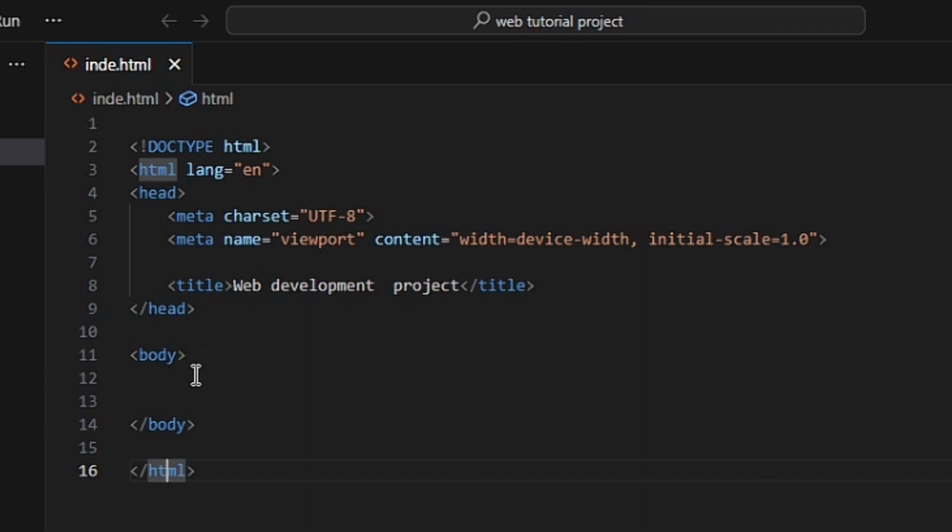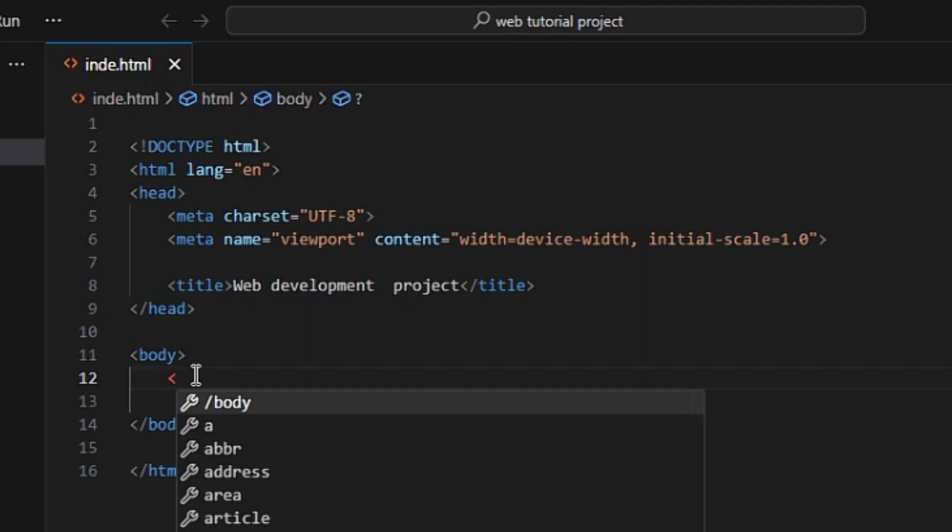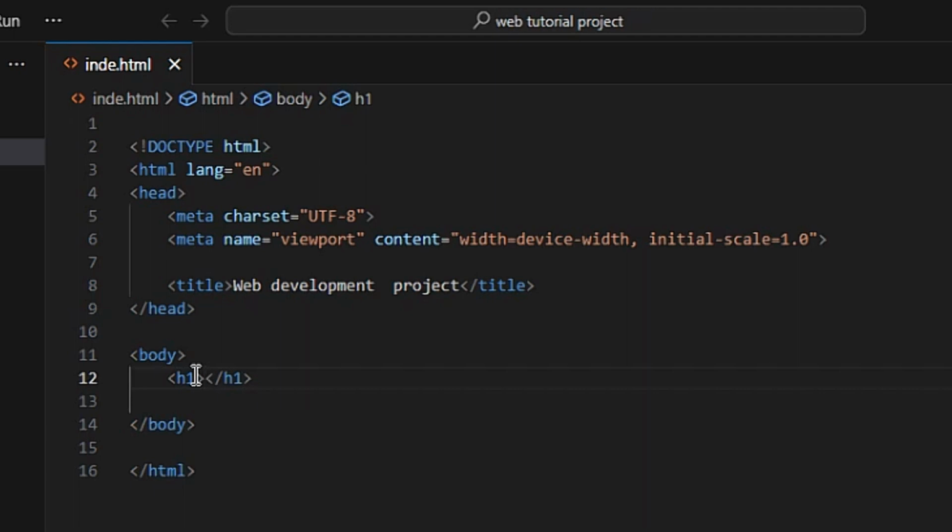All right, so we are going to write something to display. We want to write something on the body so we can display it on the browser and know exactly what we are doing. So what I'm going to bring now is a heading tag and a paragraph tag. I will just say h1, then I'll close it. Within the opening and closing tag, I will type